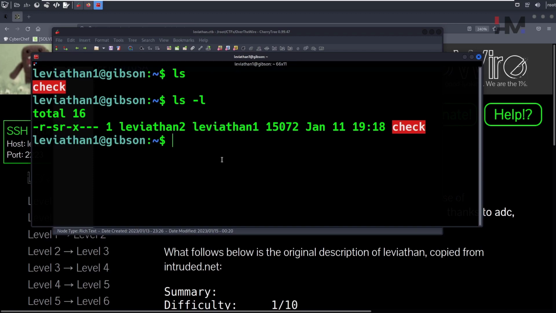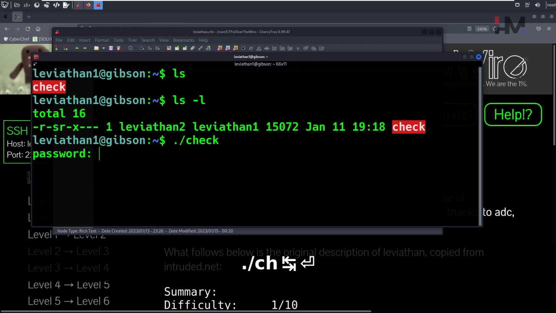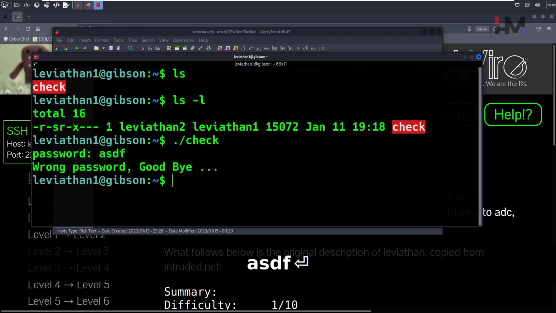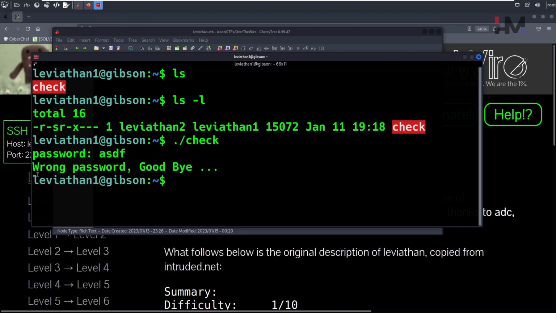Okay. So if I try to execute this file as Leviathan 1, it executes as Leviathan 2. So that's what it means. So if I try to use check, it's asking for a password. I press something, it throws errors. Wrong password, bye. We don't know what kind of password it is. Is it a number, is it an alphabet? We don't know. In order to know, we need to use a tool